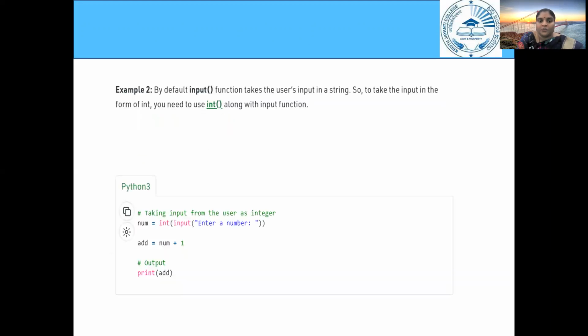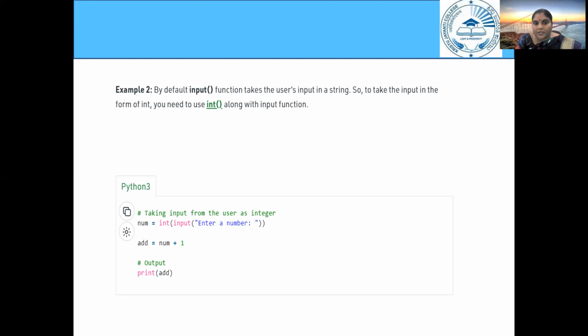So as I told you, now I want to take the input in another form. By default, the input statement is taken in the form of a string. If I want to convert that particular data type into another data type, we have functions called int, float, like that. We have n number of functions. So one example, say here num is equal to, simply if I give input, enter a number, we will be entering a number only. But Python will take it in the form of a string, which is of no use to us. We need it in an integer format.